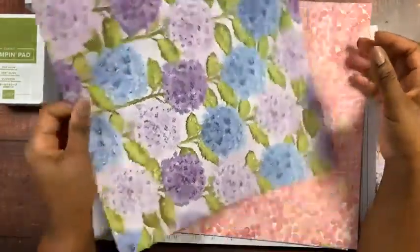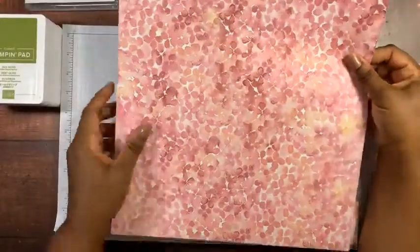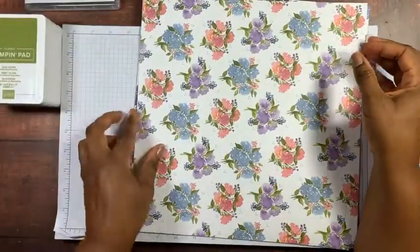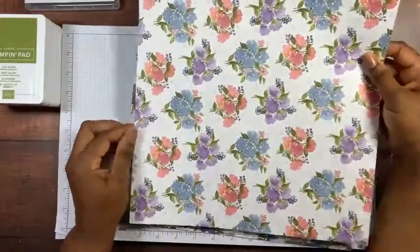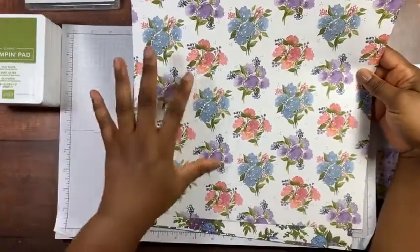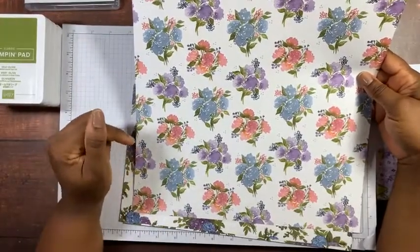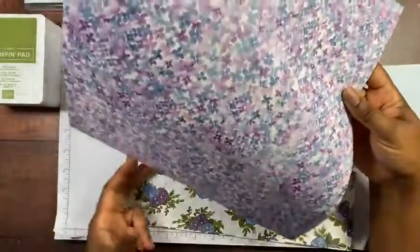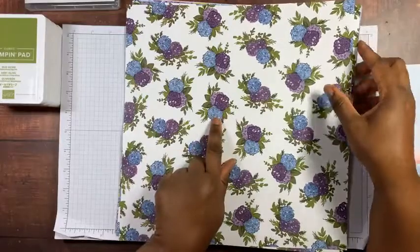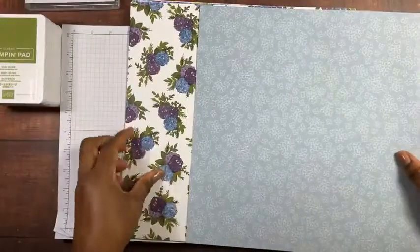Here's the entire sheet of that. Here's our Rococo Rose again with our stripes. The bunches of hydrangeas. And this is a directional print, so if you use it, just be mindful that it's best to use this in this direction. And there's the back again. And then we have Gorgeous Grape, Seaside Spray, and Highland Heather hydrangeas as a bunch. And then we have Seaside Spray on